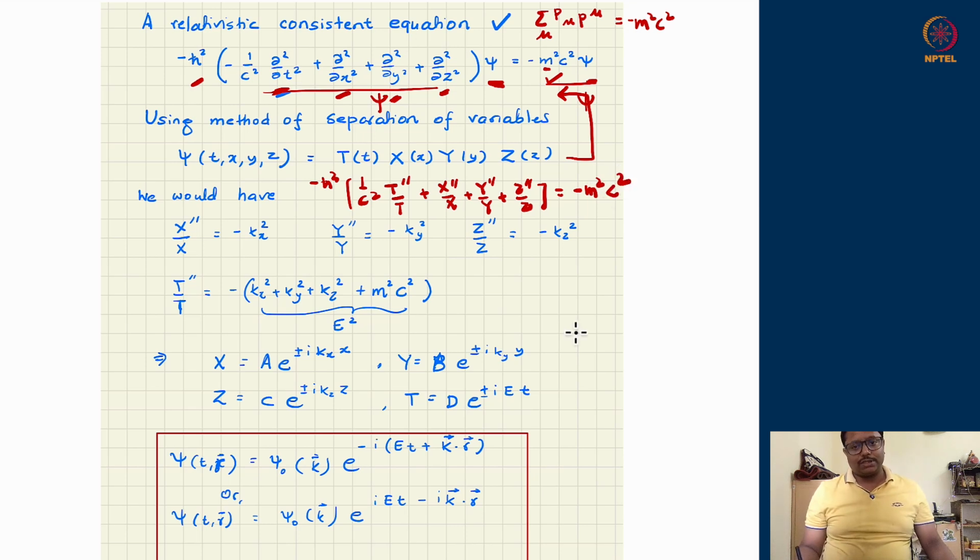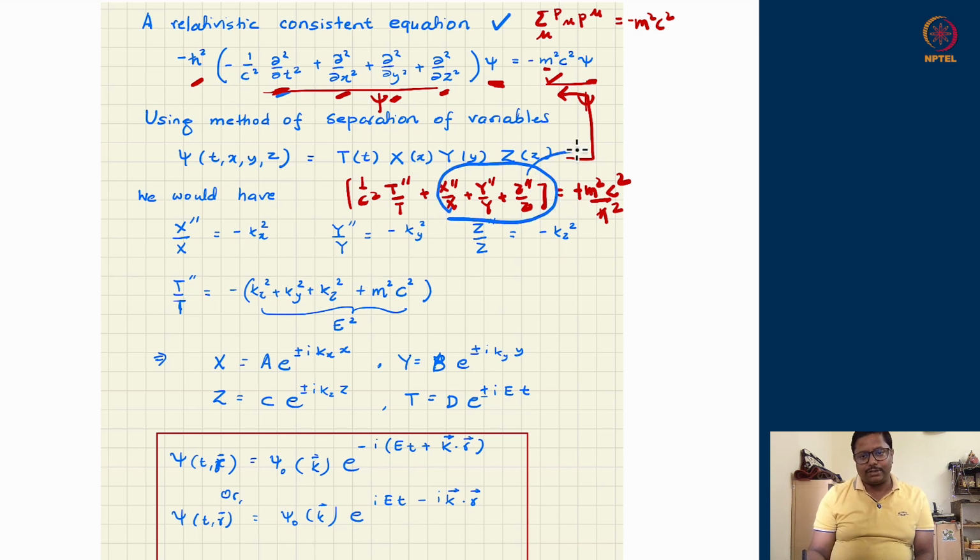Now once we have this structure, what we can do is to take first this minus h square on the right hand side. So if I take minus h square on the right hand side, left hand side will not have the h square, and h square will come downwards without flipping the sign on the term on the right hand side. Then next what we can do is to take the three spatial derivatives x double primed, y double primed and z double primed terms on the right hand side. So I take these to this side.